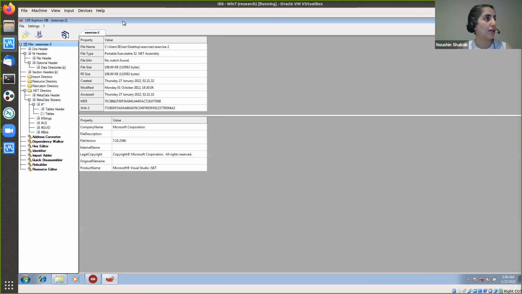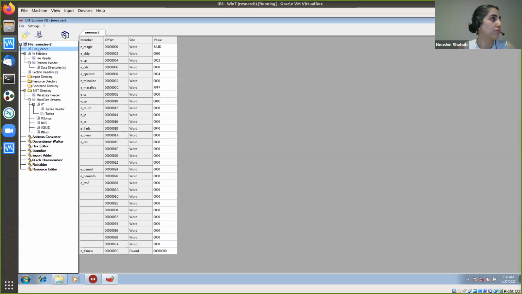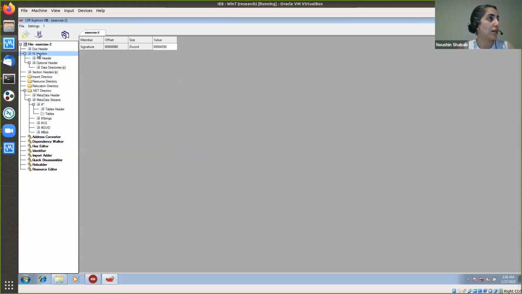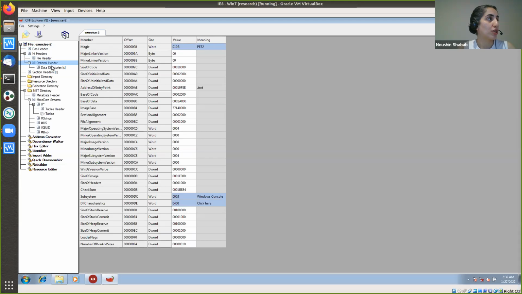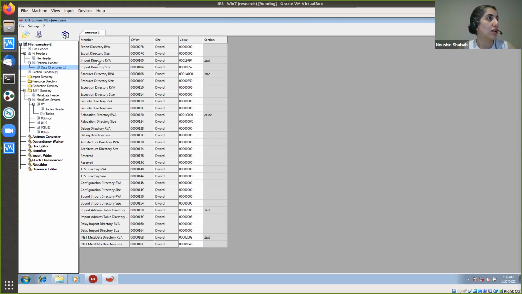This is the same file. As you see, the GUI is completely different from the other tool, but nevertheless, the information that is extracted from the file is the same. You can see that the header information is here. You have the file header, for example the machine information, the timestamp, and characteristics. You have the optional header and data directories. You have information about different data directories here,